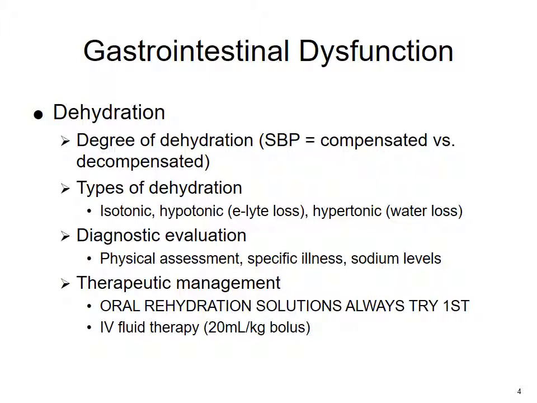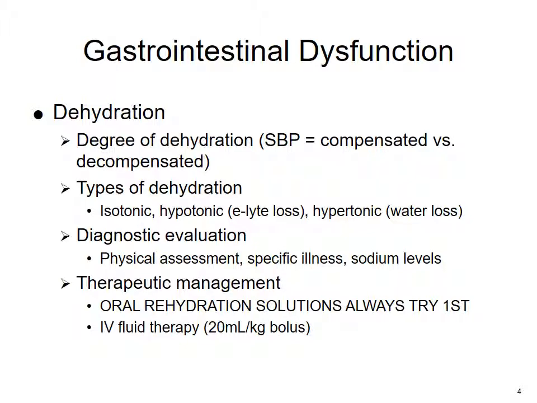When it comes to therapeutic management of dehydration, oral rehydration solutions are always tried first. ORS, oral rehydration solutions, and you will be seeing that again, is a common NCLEX item. So if you get a question, a scenario where a child is vomiting, unless they're literally unstable, unconscious, seizing, something like that, if they're awake enough to put a straw in their mouth, we are going to try this